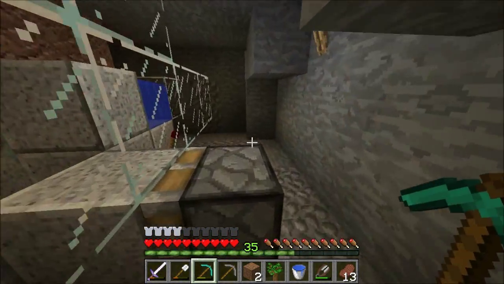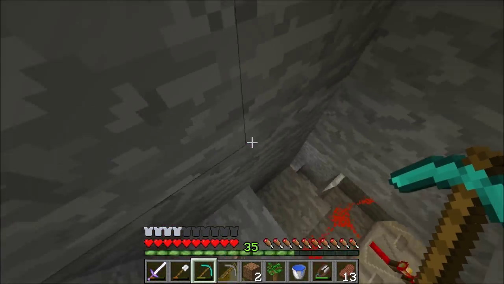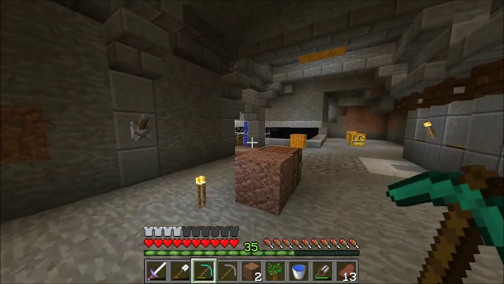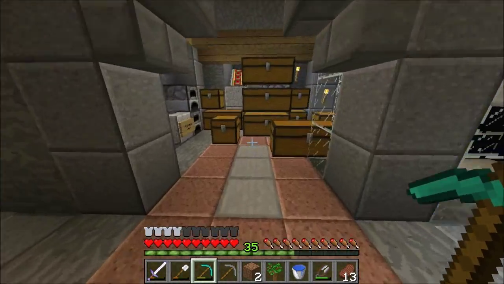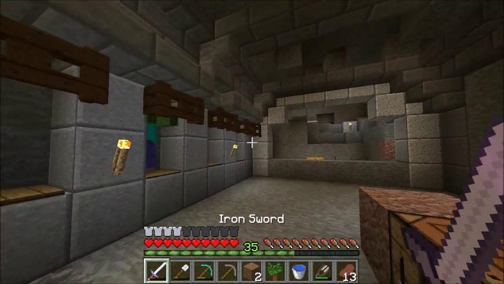Right. And that's that pretty much. So yeah. And that's the redstone for the other bit. We might have to move where this killing chamber is actually, just so this room can be better laid out and more designed nicely. Because this almost feels like a bit of a cubby hole now. This feels a bit more grandiose. Anyway,